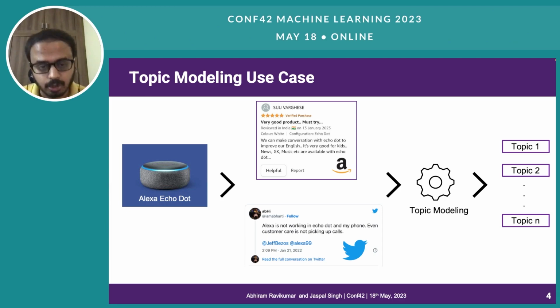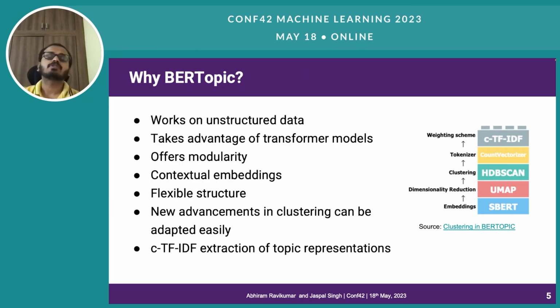It is not possible for humans to sift through hundreds and thousands of reviews like this and pick up pain points. So that is where topic modeling comes into play, where it can process millions of reviews and intelligently pick out topics of interest for an organization like Amazon to process and take action. So now that we've established a use case or the problem statement of why topic modeling is necessary, we look